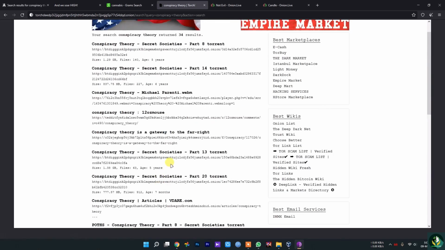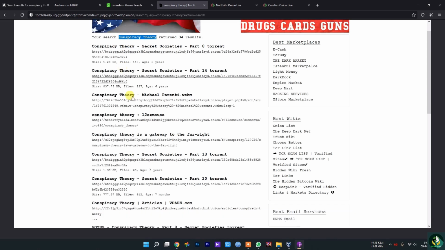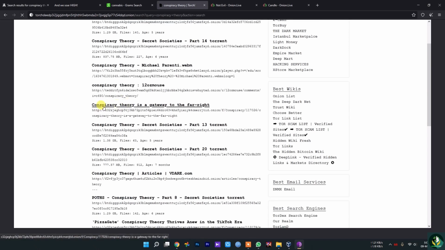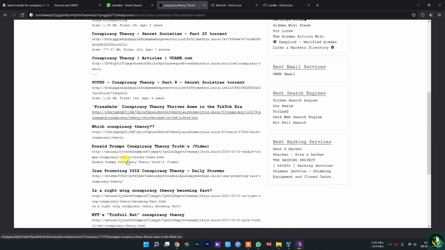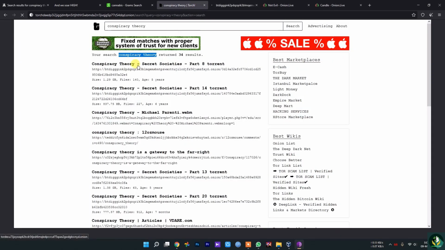It gives results based on the word that you type. As you can see, all of them are typed as conspiracy theories. It doesn't give results other than that. Let's check one of these if it loads or not. Okay, I don't think this page will load, so let's check this out.